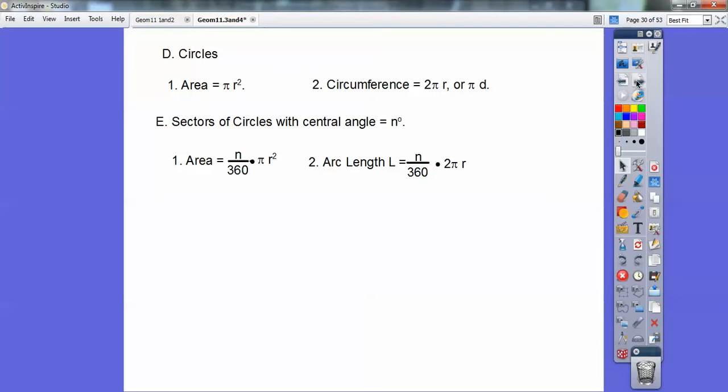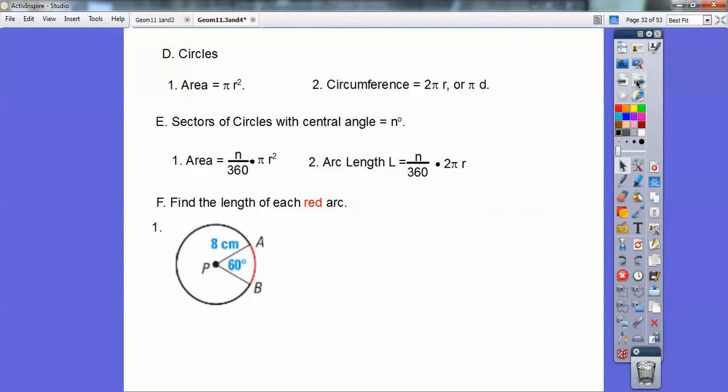Let's try a couple examples of this, you guys. So find the length of each red arc. Right there, I'm going to find the length of that red arc. When it's talking about length of an arc, that's part of the whole circumference, the circumference that goes all the way around. So I'm going to use my 2 pi r formula. There's n right there, 60. There's the radius, 8. So I'm going to use this formula,